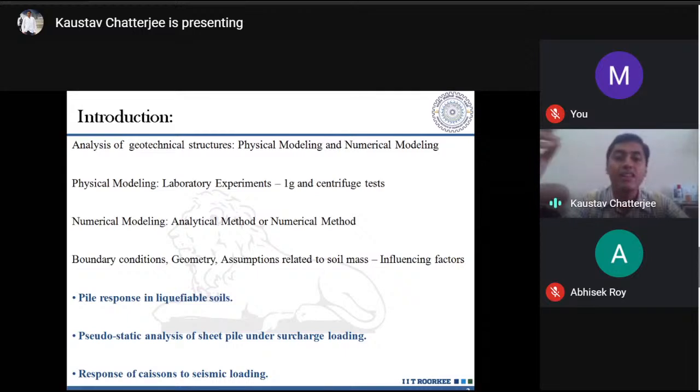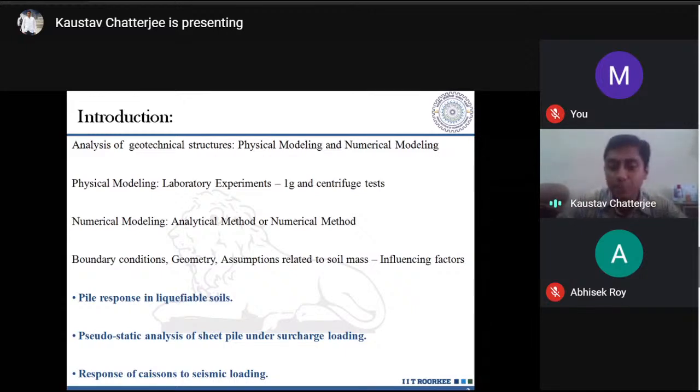However, if it has a complex geometry, or if the boundary conditions are not constant and change at different points, then obviously we can have governing differential equations. But solving these differential equations by an analytical method is not always easy. So that's why we resort to the various numerical methods that are available, and this is influenced by, as I said, the boundary conditions, the geometry of the problem and the domain, and the different assumptions related to my particular problem. Okay, these are some of the influencing factors.